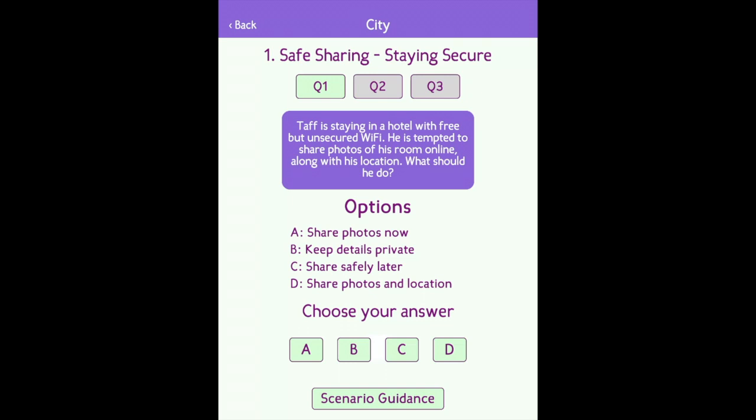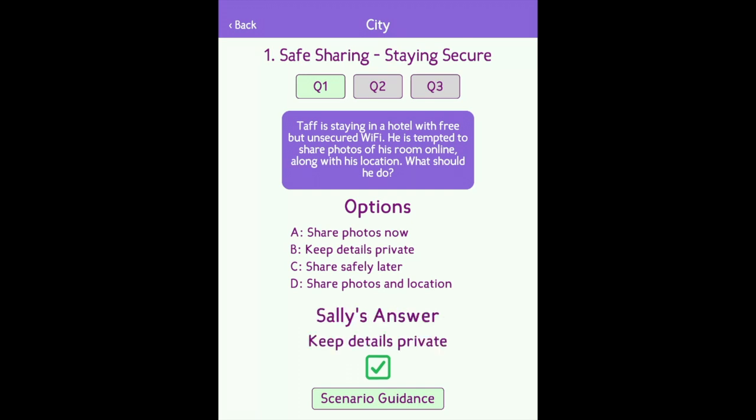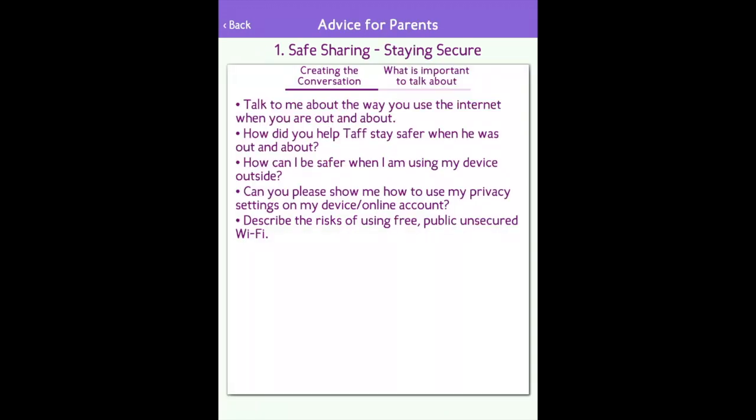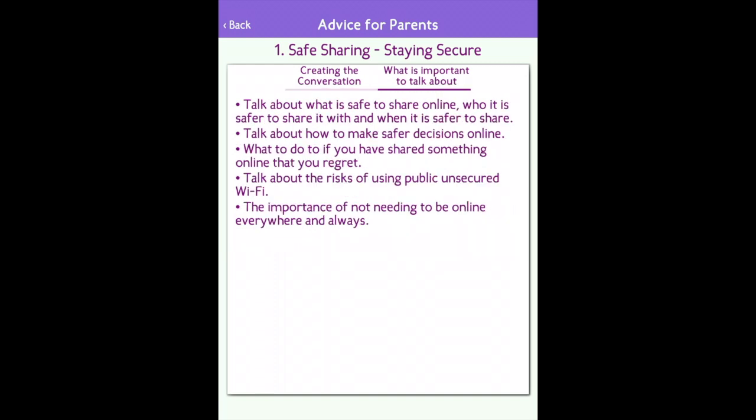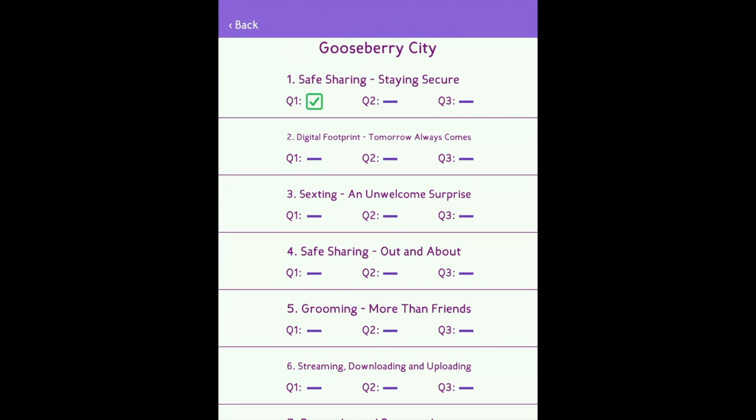Once you've put your answer in, it will tell you whether you are right or not and reveal your child's answer. In this area, there are also conversation starters and important things to talk to your child about, so that the system actually guides you through the sorts of conversations you should be having with your children about this important aspect of staying safe online.